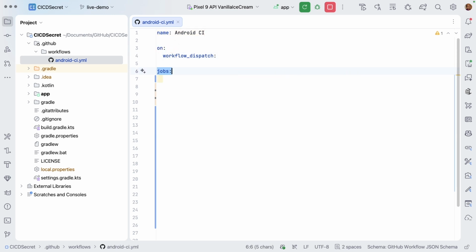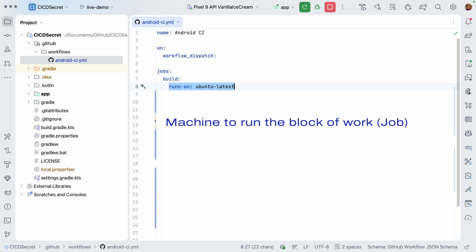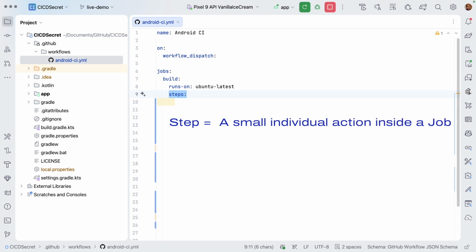After that you have jobs. Jobs are basically the tasks that you want to run. The first thing is you want to build, and to build you need a machine. It is usually called a runner. Runner is like your laptop. This is the machine on which your script will run. So what we are saying is I want Ubuntu latest version, and the steps that need to be done on